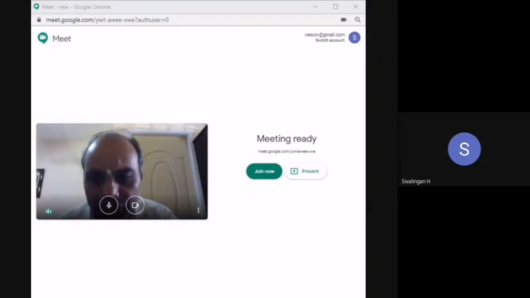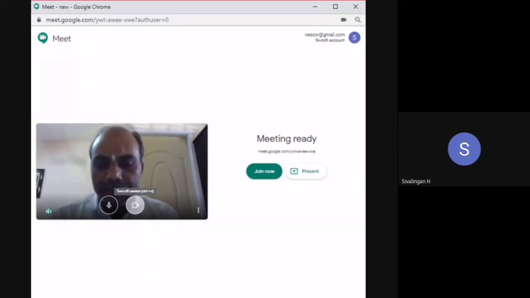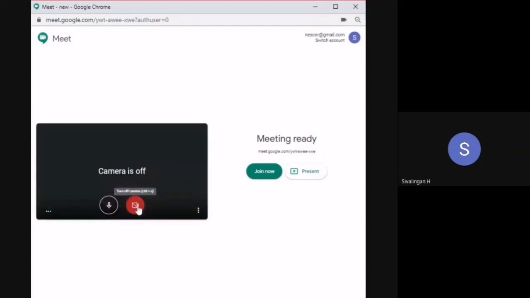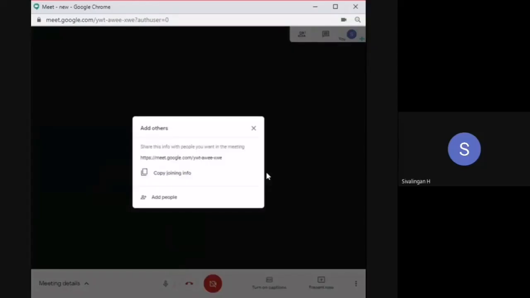Yes, so when we go for it, we will find this kind of screen. In the beginning, if you have a mobile or a camera in your system, you will find audio and video both. Then you can decide whether you want video for your session. You can log in as it is, or decide you don't want video. Then you can also mute this mic if you want. And here there is something called join now. When you click join now, it will take you to the screen.